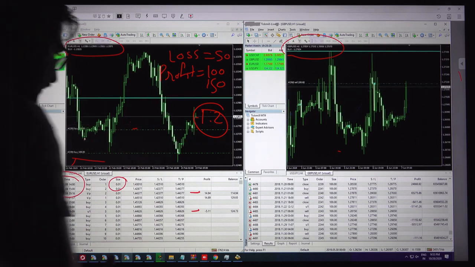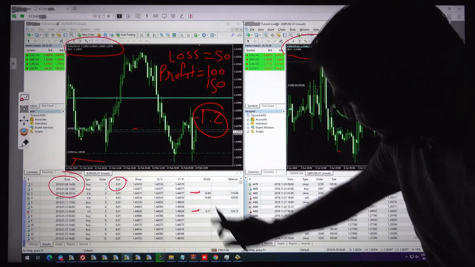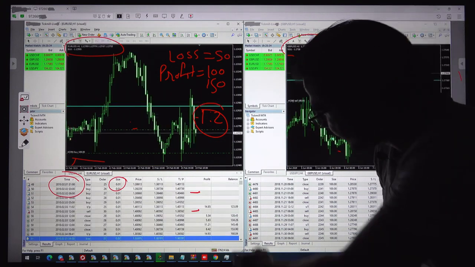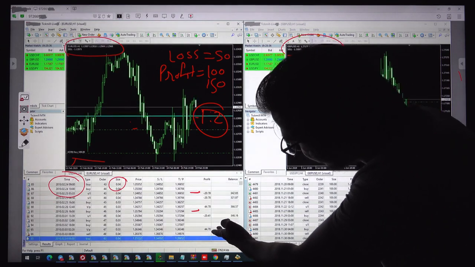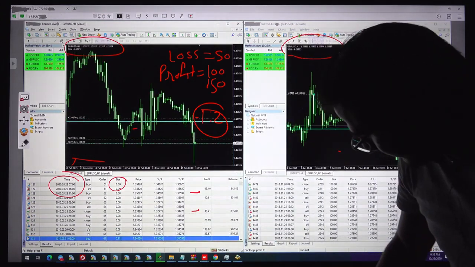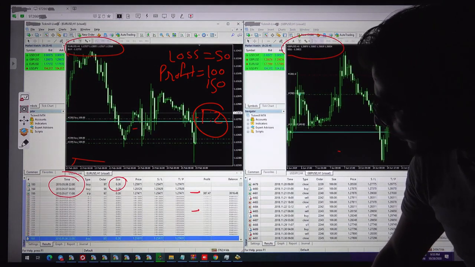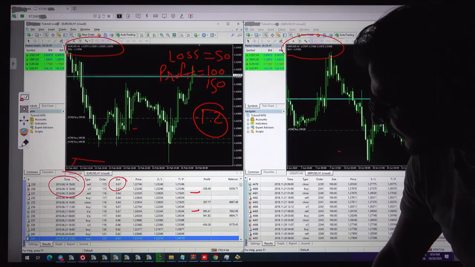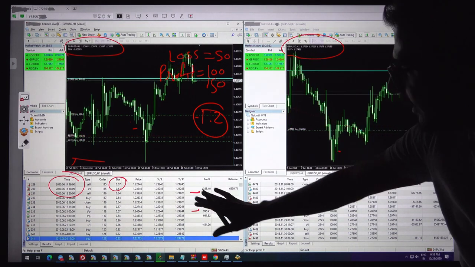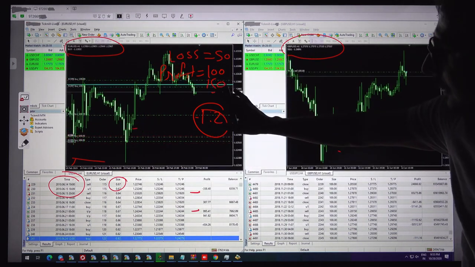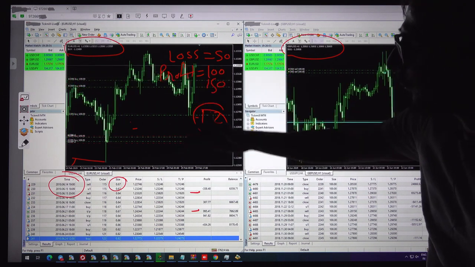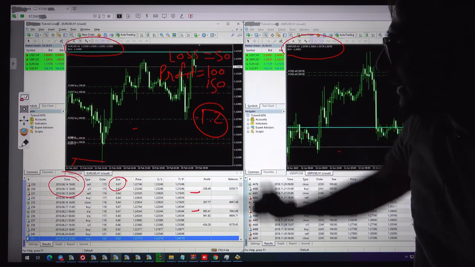We will see it step by step. You can see the lot size gradually increasing here. The loss and profit at the same time are $40, $30, and you can see the lot size increased to 0.04 and 0.08, and then to 0.51, 0.47, 0.67. As the capital increases, the lot size increases, and it strictly follows the 50 pips SL and 100 pips target. But if the indicator changes in between, it will not follow the SL and TP; it will follow the direction of the given buy and sell indication.